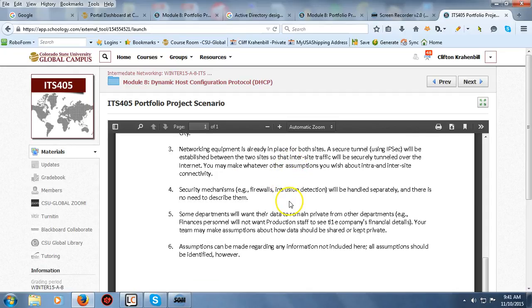Some departments want their data to remain private from other departments. That's not a problem. We have File Resource Management Services, FRMS. We have NTFS file permissions. We can do all this. They're almost talking like they want a VPN, a VLAN here, but that's not what we're going to do. We're not going to get into VLANs, but that's kind of like what they're talking about here. But we can do this with just using the ACL and the